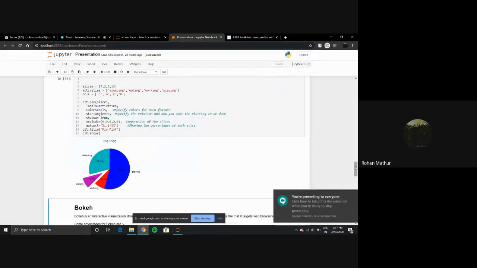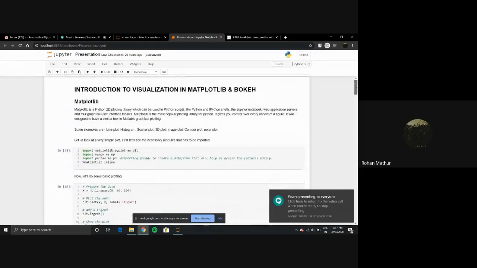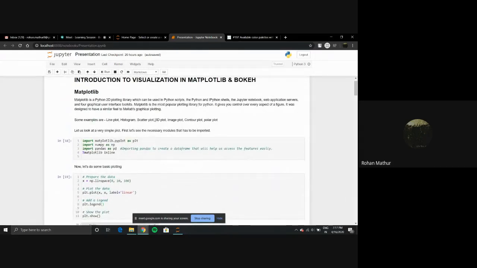All right. This is something I didn't discuss here, but I had gone through it in the initial part. For 3 dimensions, we can use a 3D plot. I haven't mentioned it here, but a 3D plot and a contour plot. A 3D plot can be used for 3 axes. And one more example for 3 dimensions is the contour plot. A contour plot is basically something that represents 3 dimensions in 2 dimensions.